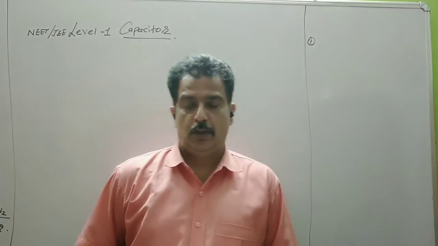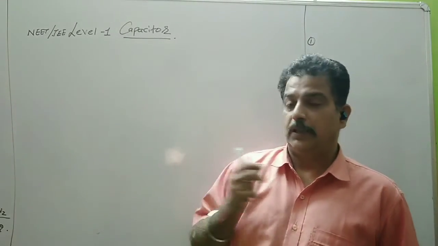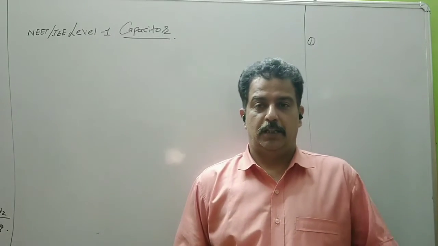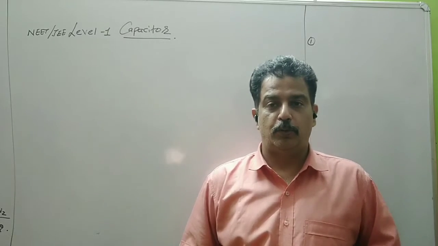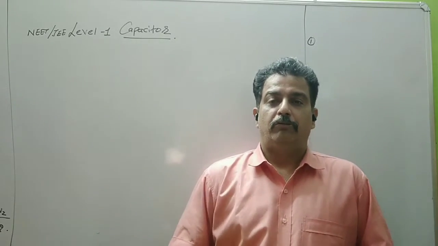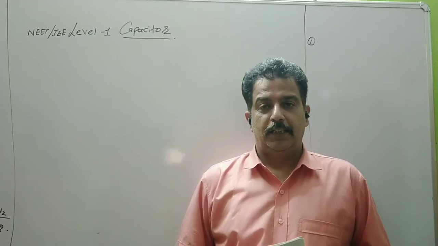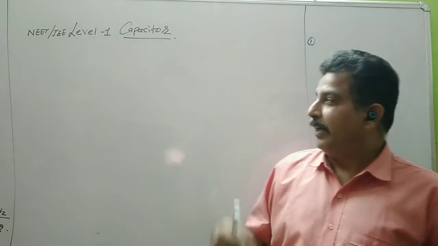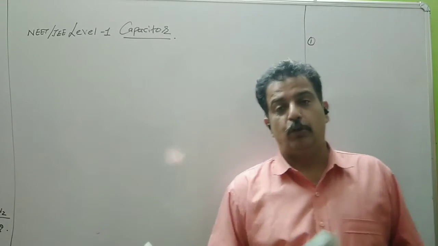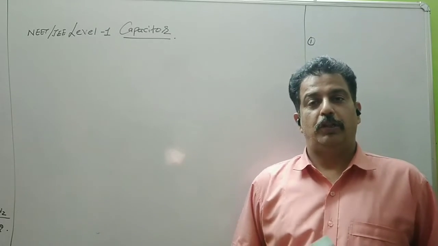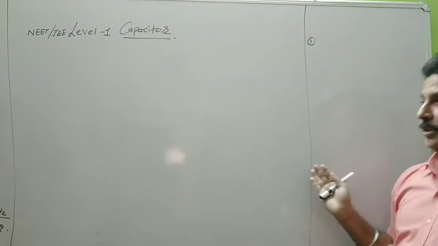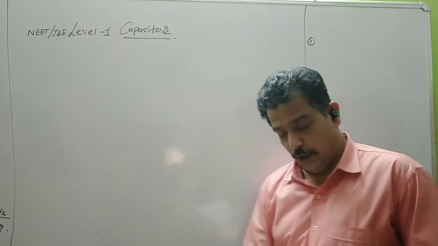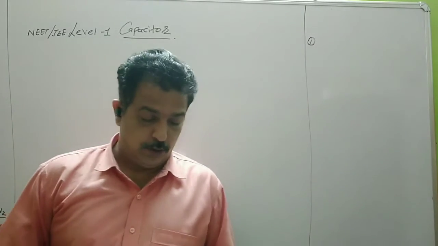MCQ number 1 of the capacitor. Now a few derivations we did in our NCERT book. There were a few derivations which were part of our theory, and a few numericals where we derived the formula. There may be many formulas which we have not done, so you also have to make a list. I will be making the list here. You note down that formula also. Now let us move to MCQ number 1.